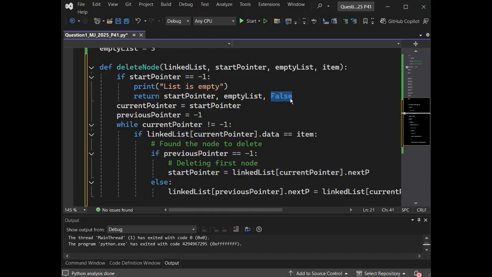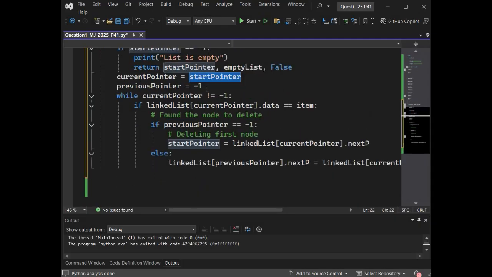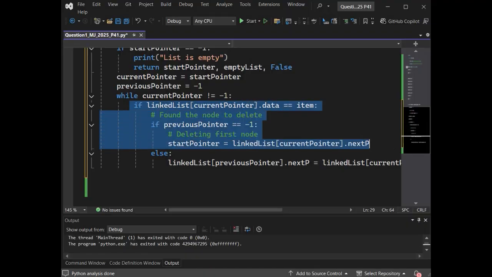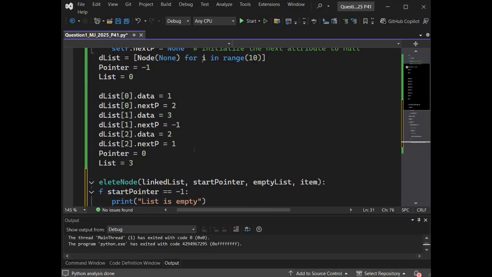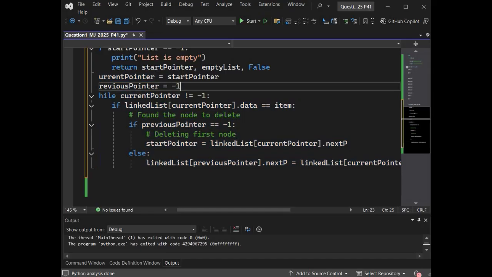If this is not the case, if start pointer is not -1, the list has something, you'll make start pointer into current pointer, then previous pointer will become -1. As long as the current pointer is not equal to -1, you are going to match the element that you want to delete by using the same if condition that we had in the search function.